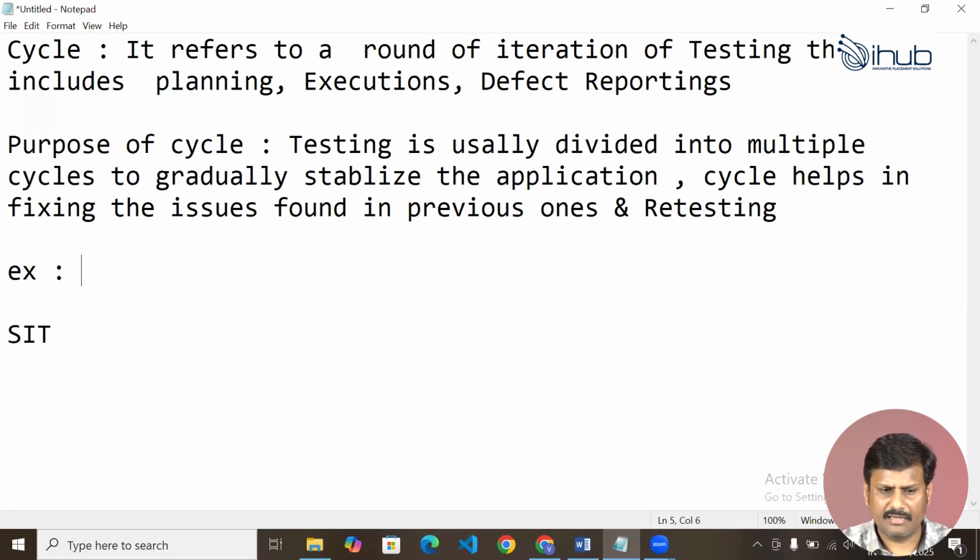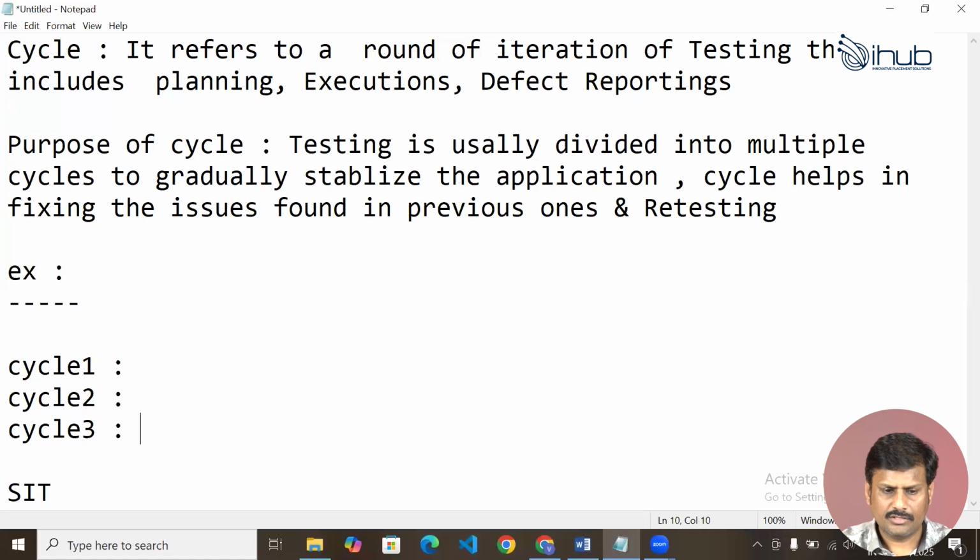As an example, let's say we have 3 cycles: cycle 1, cycle 2, and cycle 3, to confirm whether the application is stable or not, by finding more defects.